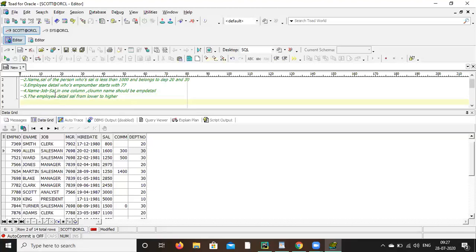Next, I want the employee detail of the managers. Only manager. Who are the manager? You can say manager and clerk. Employee detail of manager and clerk.